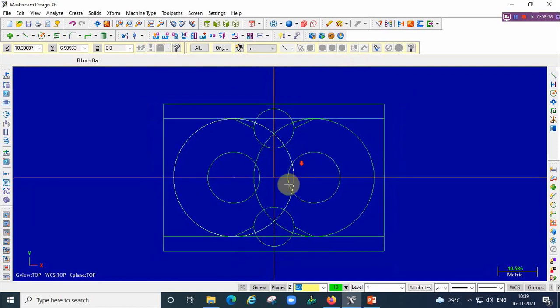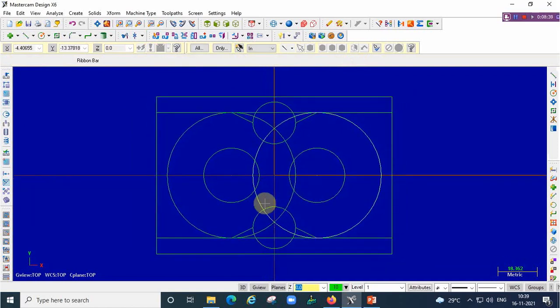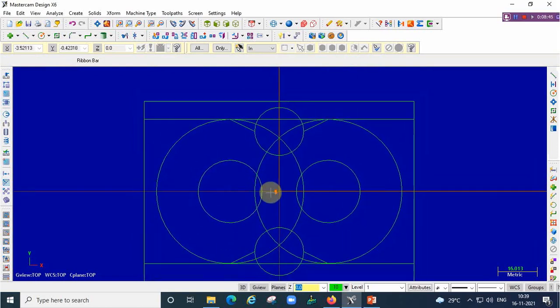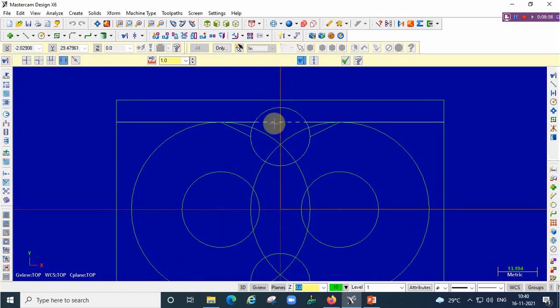Now we need to delete some unwanted lines, so that we will get a correct profile. Carefully we have to trim it. Go to the trimming option, select divide and delete, and then wherever we want to delete, we just keep the mouse.